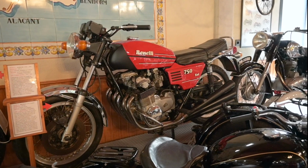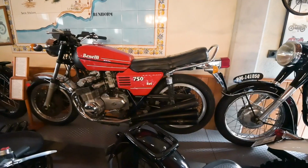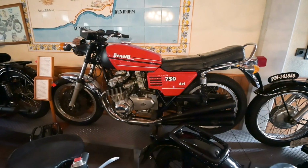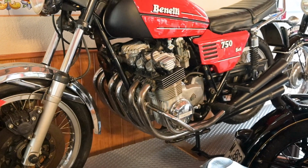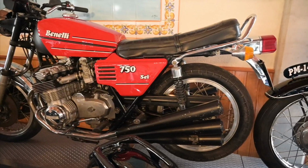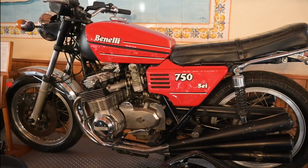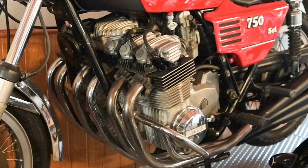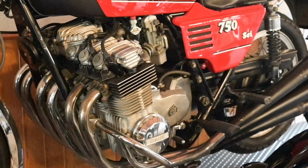To begin with, here's a bike that was always a top trumps card winner from my childhood and is one of the very first bikes that I ever truly lusted after. The first ever six-cylinder bike to go into production, the Benelli Sei, was made between 1973 and 1989, first as a 750 and then from 1979 as a 900, but this is one of the original 750s. If that motor looks familiar to some of you, that's because it was basically a Honda CB500 engine with 2